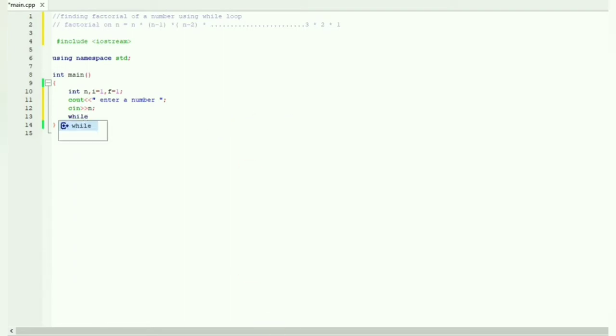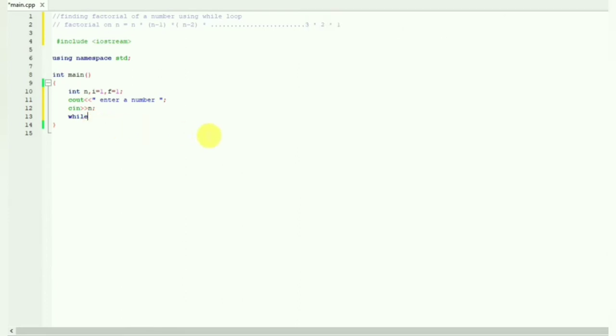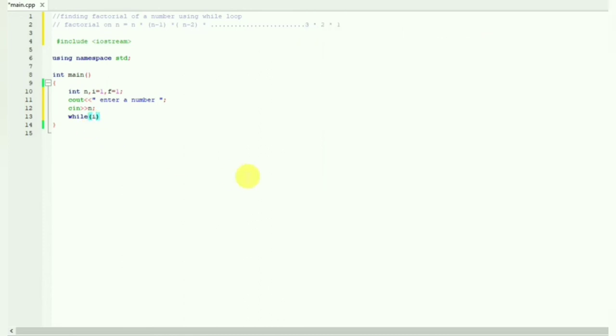We have already discussed previously how a while loop works. So here is the syntax of the while loop. Now we will be initializing the while loop conditions, then statements, and then implementation. First we have initialized what we need, and now we will be initializing our while loop. For that, now we want our condition statement. So here the condition between I and n is that I is always less than or equal to n,